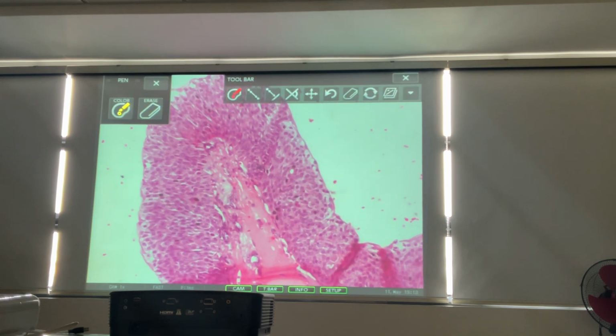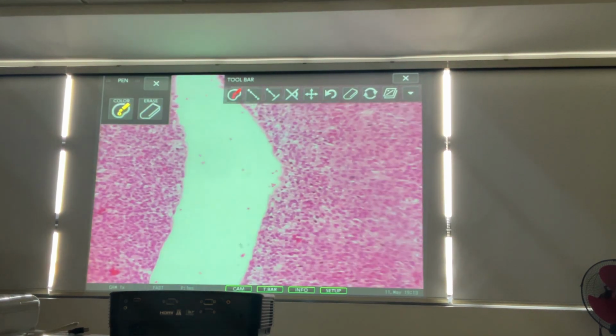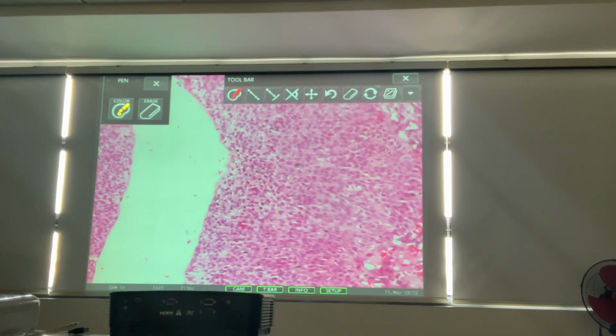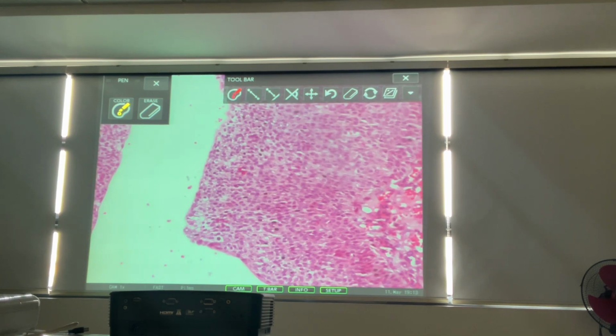Initially, increased thickening of the wall, because here you can still see umbrella cells, although this is already transitional carcinoma. But in areas where the tumor is much thicker and the cell lining, like this one, you will no longer see the umbrella cells over here. So notice how very thick the lining of this tumor is.